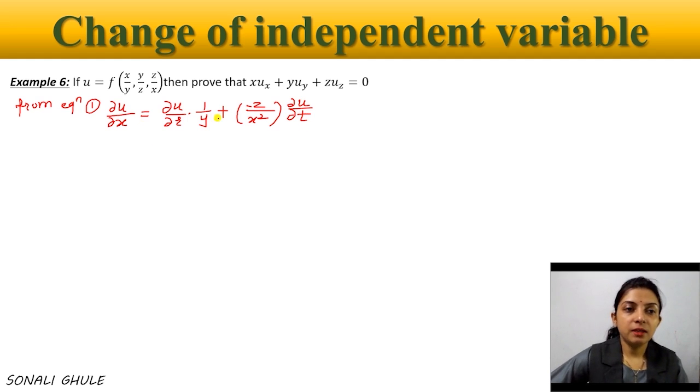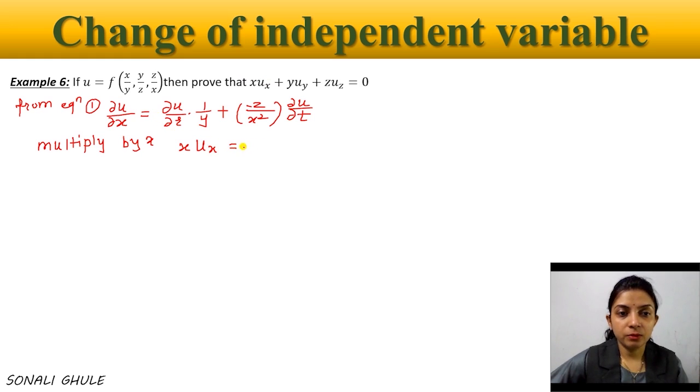Okay. Now see, this is u with respect to x, means ux, that we can write. But here in the proof, ux is multiplied by x. So let's multiply by x. What do we get here? x into dou u by dou x, ux. So x into ux is equal to, multiplying the right hand side by x, it will be x upon y dou u by dou r. Now this is minus. If I multiply by x, one x gets cancelled. So it is z upon x u with respect to t. Okay, so I hope you all understand. Now next,